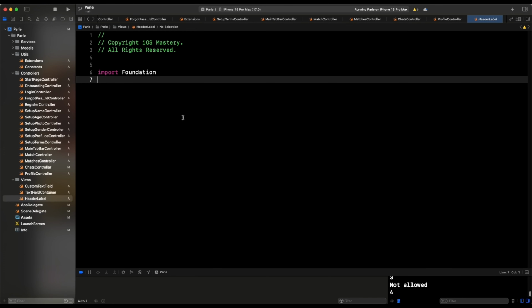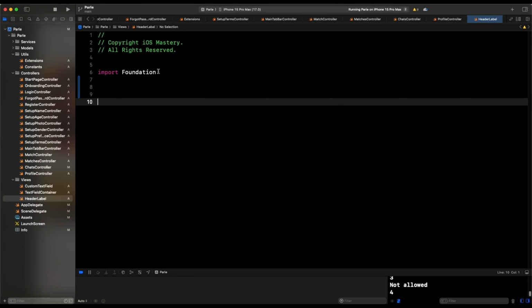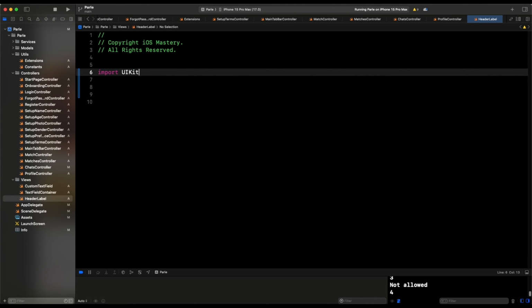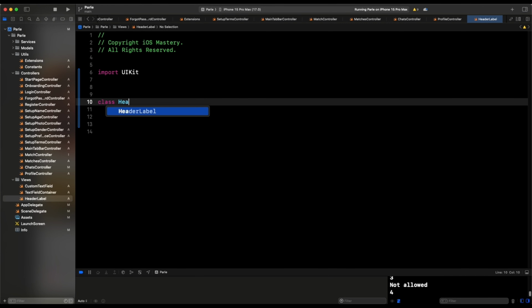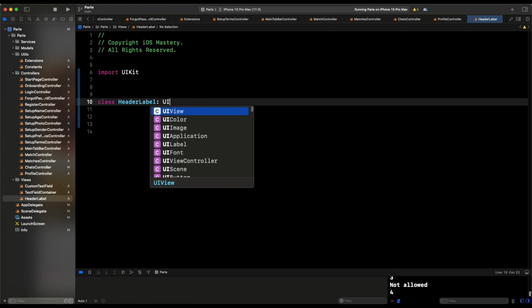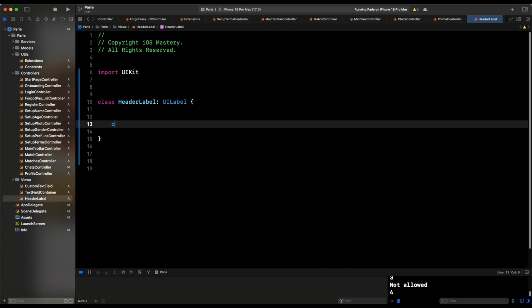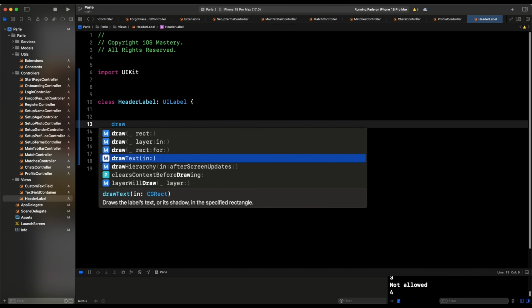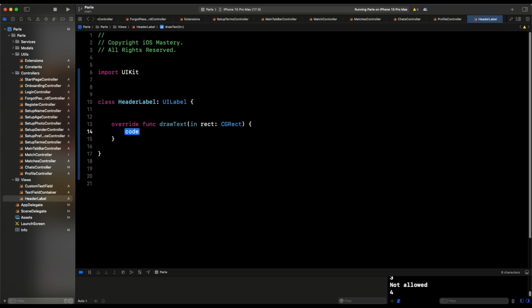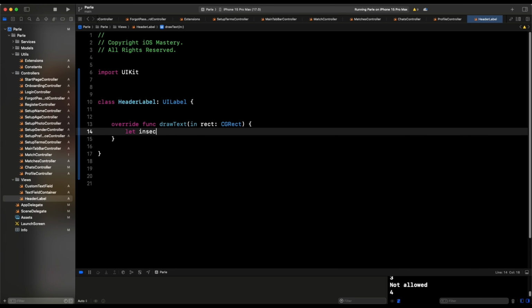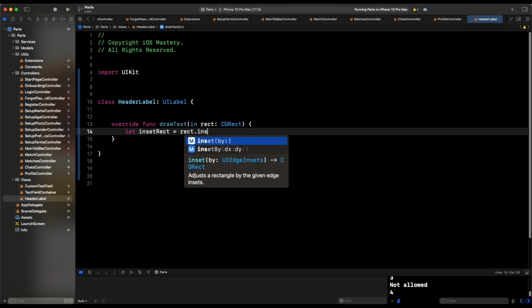Then we're going to import UIKit. Come here, say class. This is going to be a UILabel. So now we have the UILabel, and then we're going to get the draw text function, draw text in rect. And we could say let inset rect, not insect, but inset rect, which is going to be rect dot inset by,